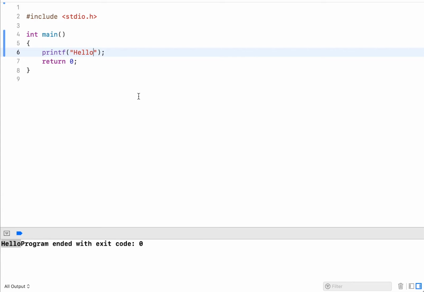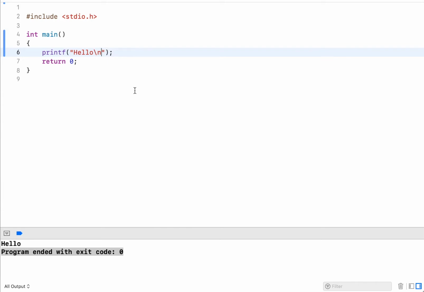Now, I could also write a special character. In strings, there are some characters that are special, for example, \n. This will add a line break to the string. So when running this again, we can see it outputted hello and it outputted an invisible line break character. Now this message here that is provided by Xcode will be in the new line.